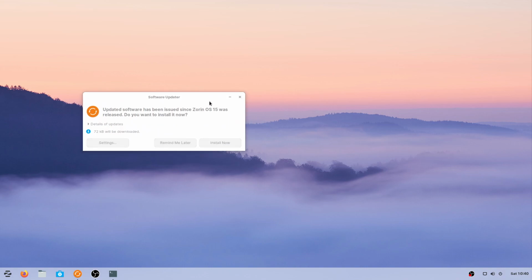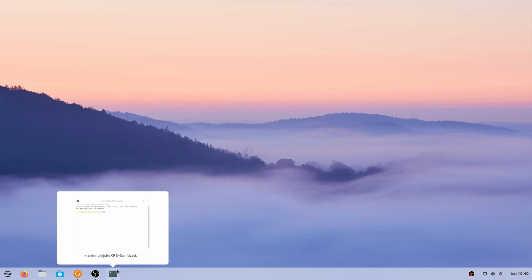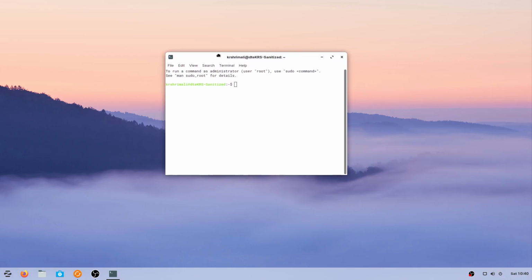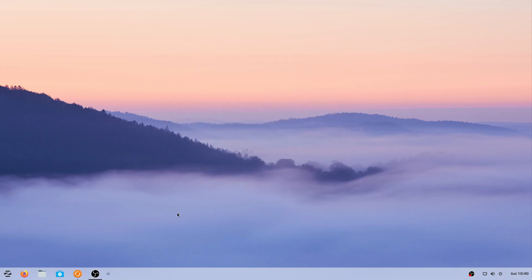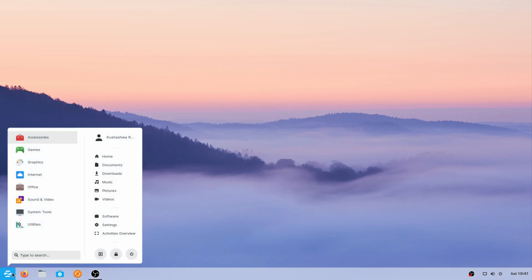So I'm going to show you how to do it manually as well as through terminal. Manually as in from the graphical user interface. So the very first thing I'm going to do is I'm going to open terminal, right? So let me just close it. I'll tell you how to do that. You can type terminal here, right? And it will open terminal for you.